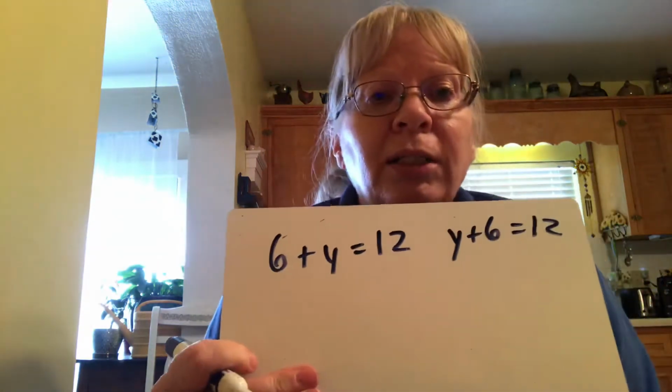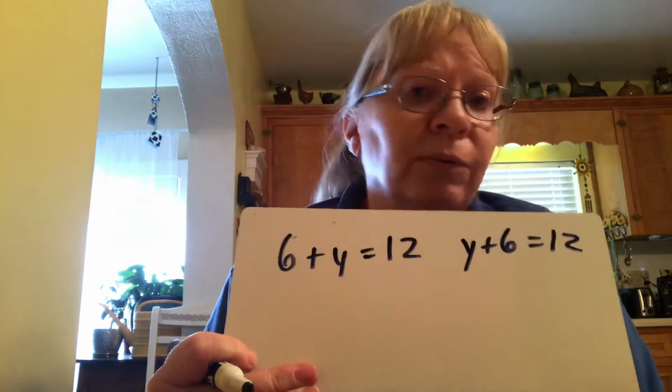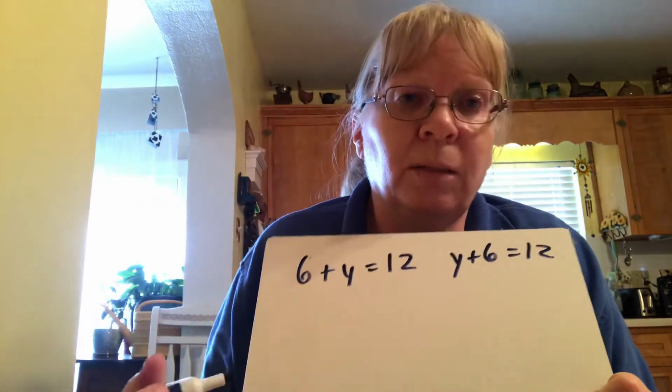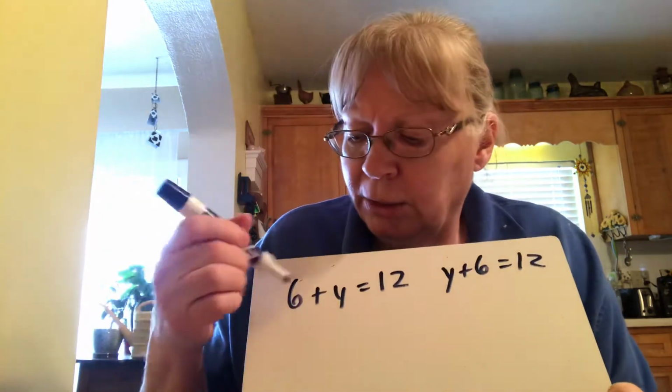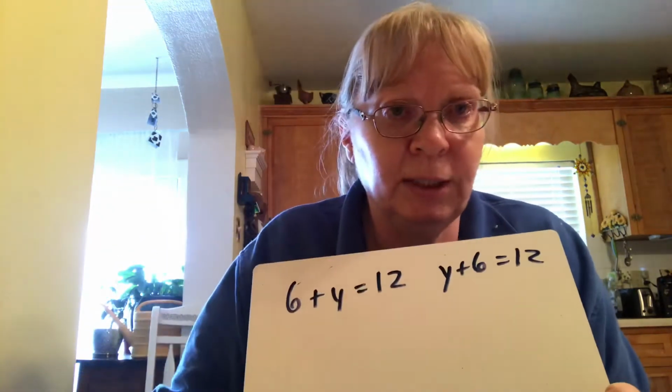Okay? So all I did was change the order. That's what commutative is. I go to work, I come home. I'm commuting. One way, back again. 6 plus y equals y plus 6. Okay? Now the first one, number 4, on using the associative property,